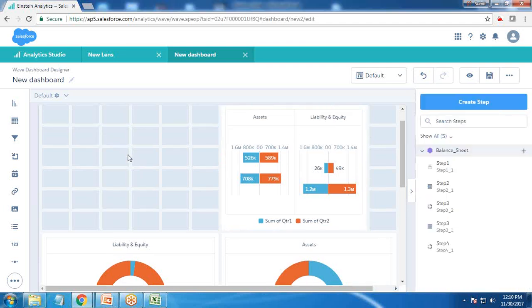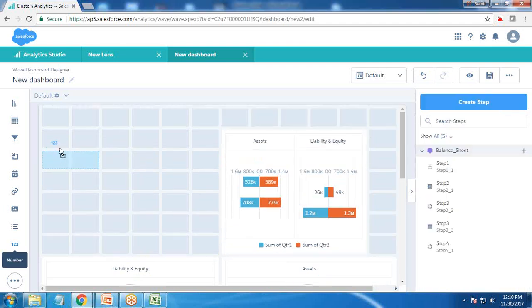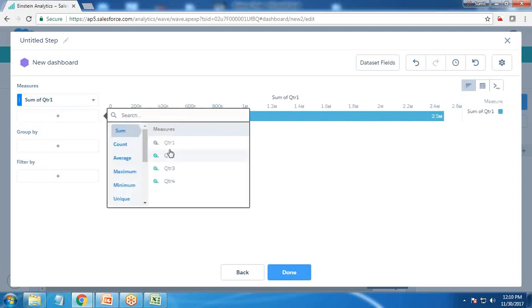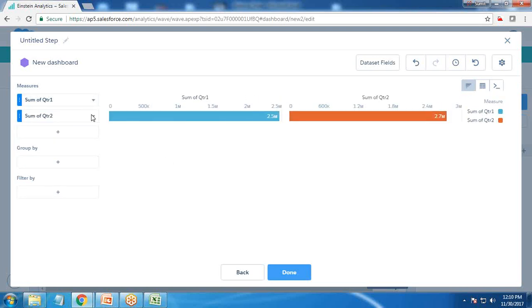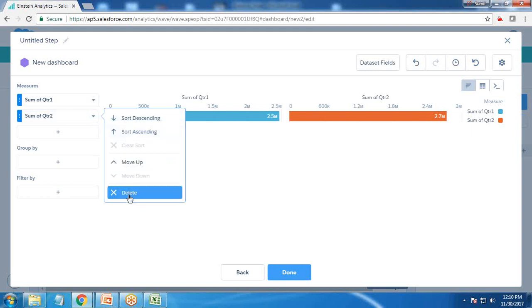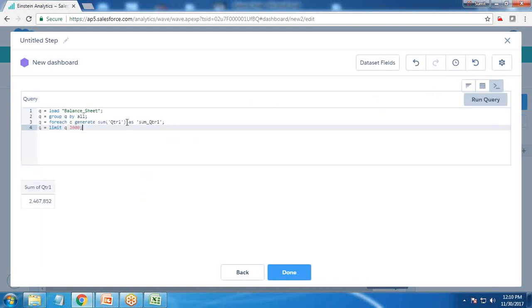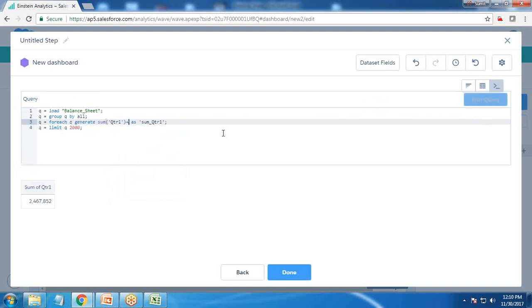To cover up a space, I can add some values which would be showing me the sum of quarter one. Now my requirement is I would like to show the total from all quarters. Here it's not possible, because if we add sum of quarter one, quarter two, it would be considered as a separate measure. So what I will be doing, I just switch to SOQL mode,